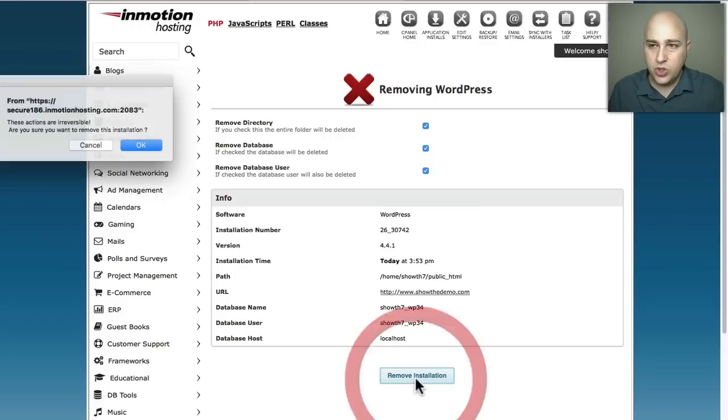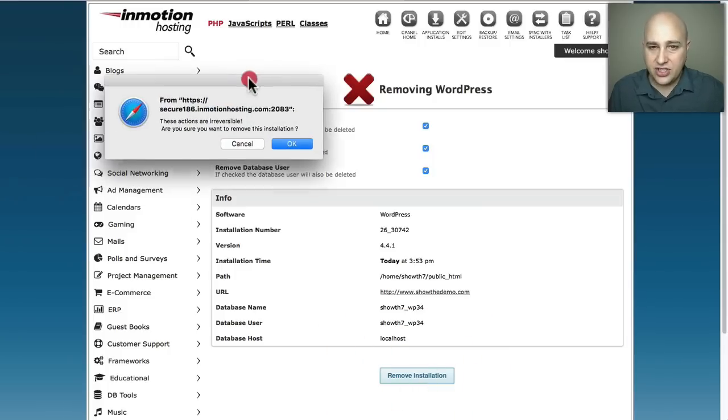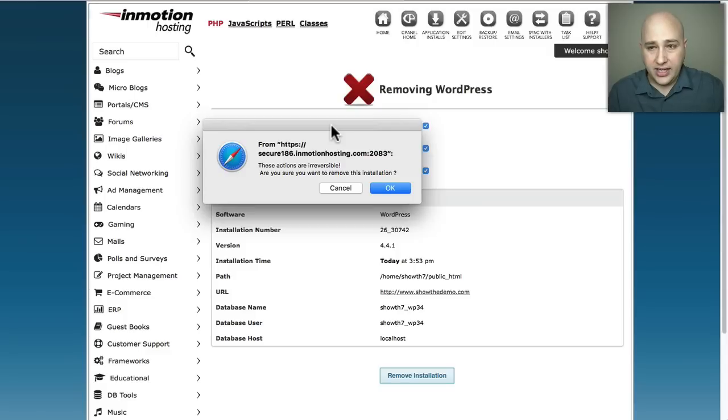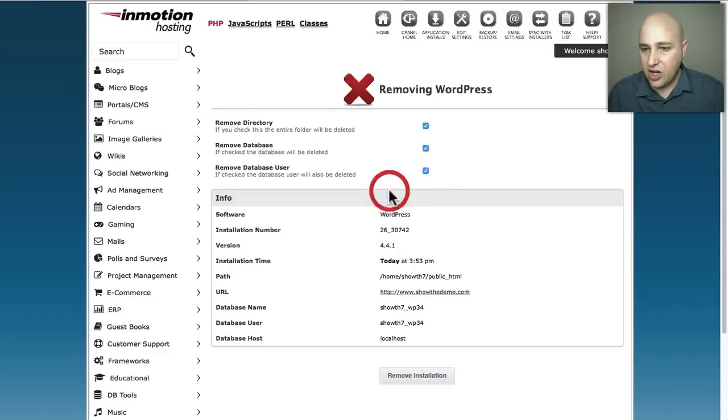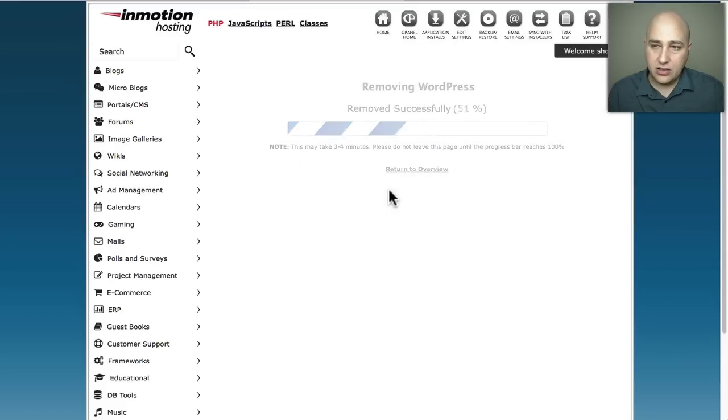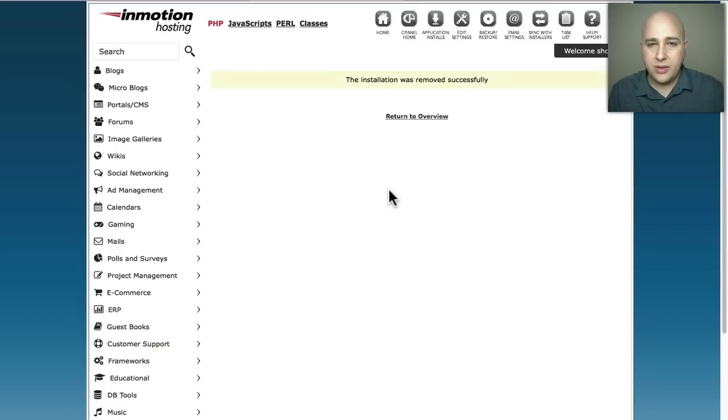Click on remove installation. Now it's going to give you this warning. Heed the warning. It basically says everything you're doing now is irreversible. So I'm going to go ahead and click on OK. And voila, in 1 minute, you've wiped out that installation, and now you can go back in and install WordPress all over again if you're in a learning process and you just want to start